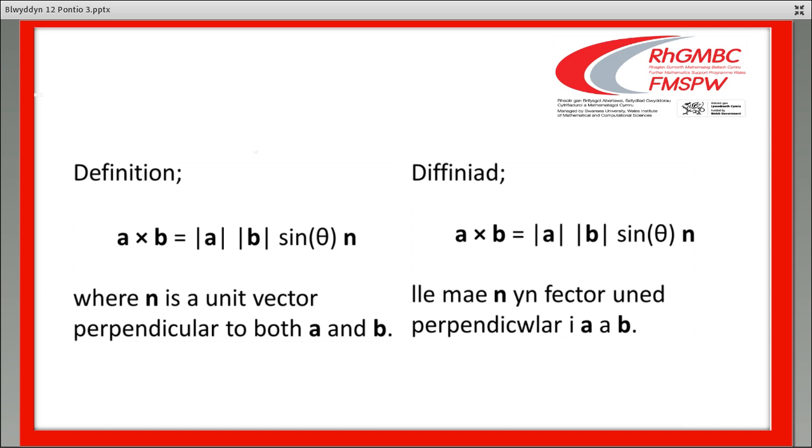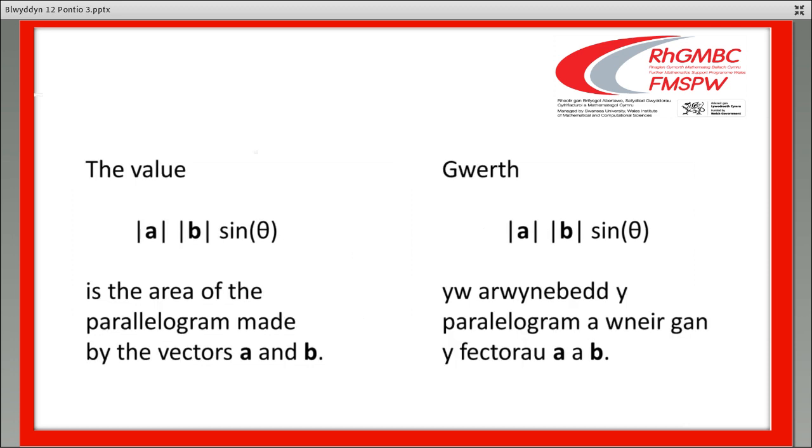And that's the definition of the cross product. As you can see, it looks as if it's a multiply sign, but it's a cross product. So we've got the magnitude of A times the magnitude of B times sine theta. And then we're also multiplying by n, where n is the unit vector perpendicular to both A and B. So in the first instance, you're going, oh my goodness, this is really hard going. However, there is a way of doing it that does make it much easier for you. Now, before we just get to that,